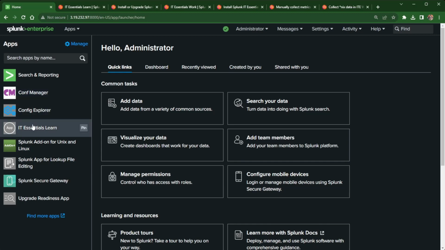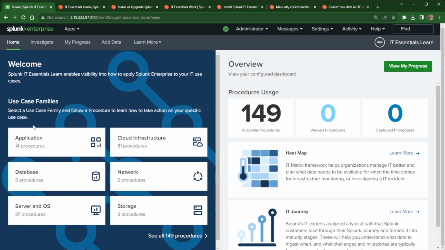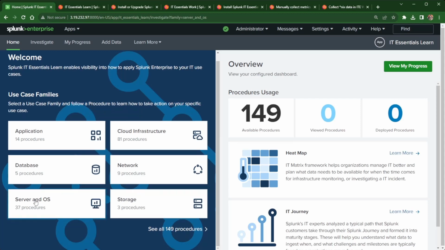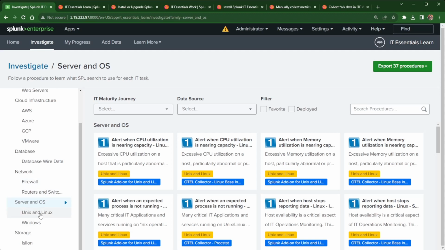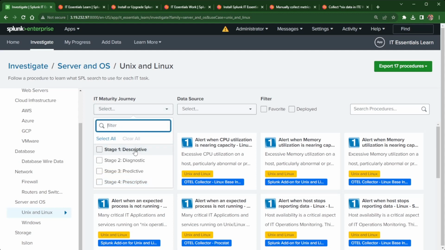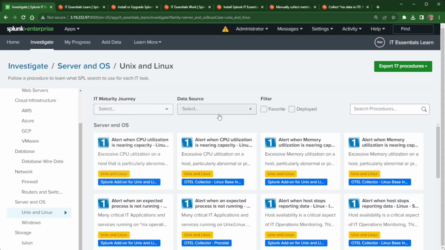All right, and now we can see it's in my list. Now, IT Essentials Learn is, like I said, a place where you can go see procedures and learn how to use Splunk. I can come down here and click on Server OS and then start, if I have AWS infrastructure pieces, Windows, Unix, I can click on Unix and Linux here and start filtering my procedures off to the right hand side here. Even your maturity, if you're just in beginning stages, stage one,